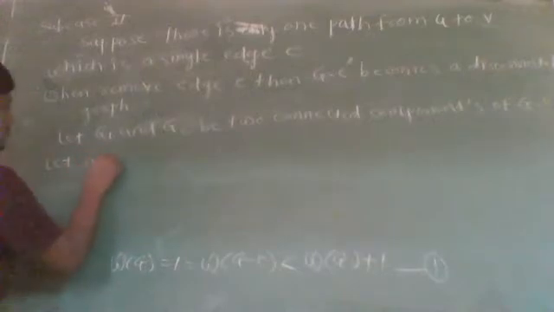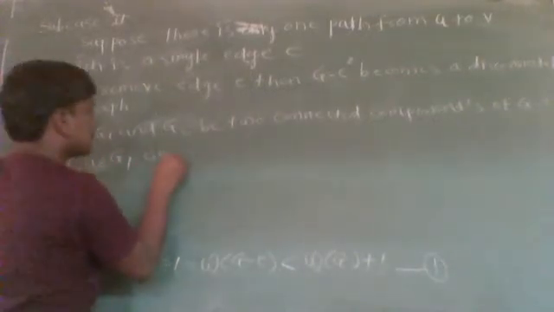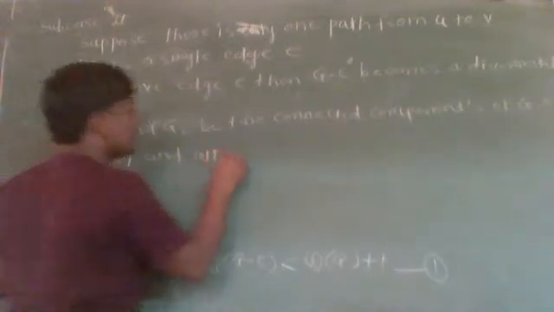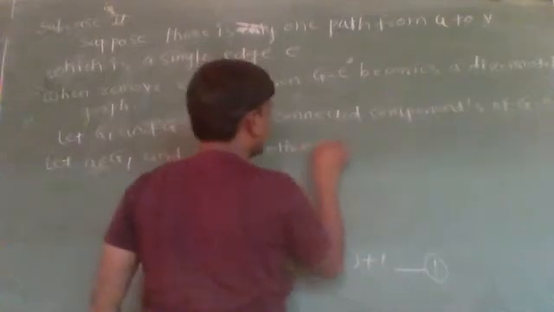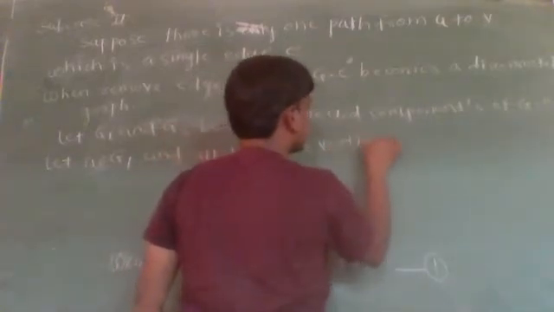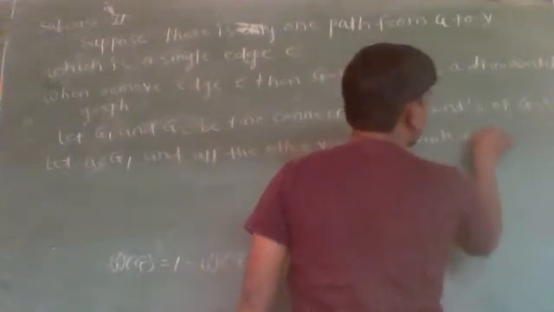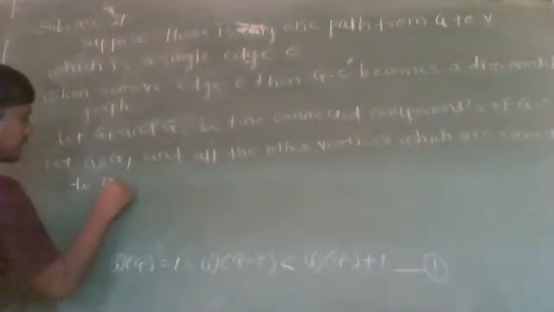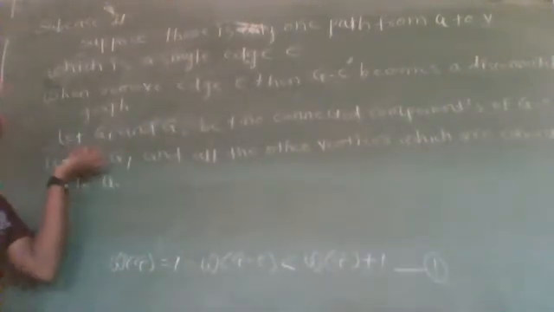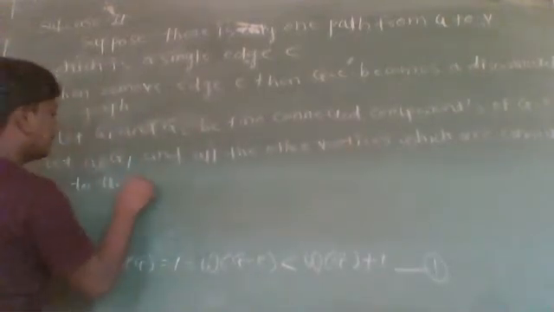Let vertex U belong to G1, that is, graph G1 contains vertex U and all the other vertices which are connected to vertex U,